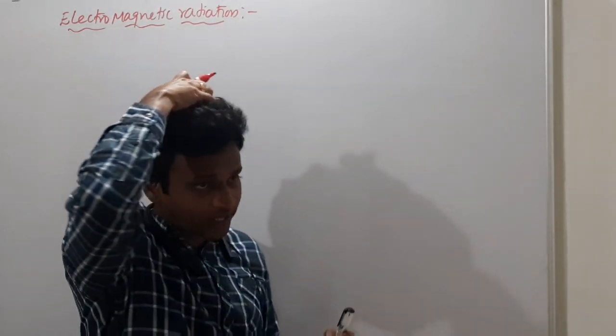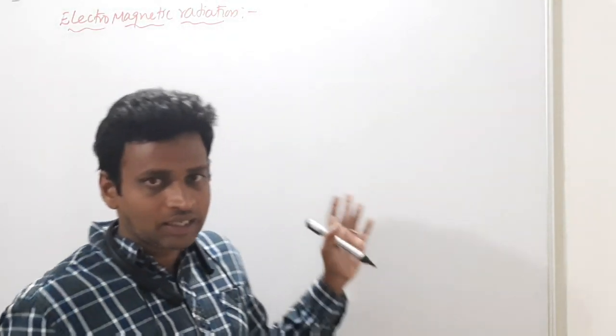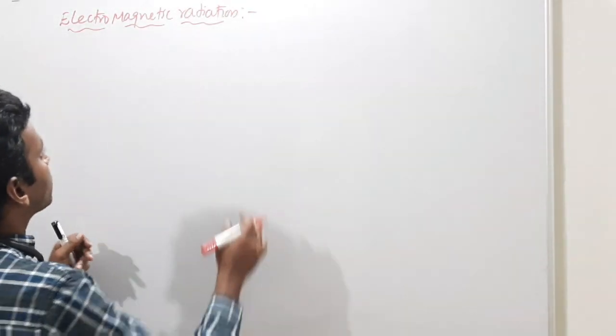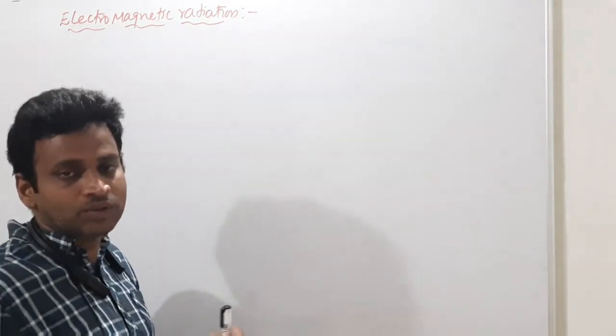So, atom, you have an idea now. Atoms consist of different electrons, protons and neutrons. What is atomic number I have given already, and what is mass number I have given. Do you know all those things? Atomic number, mass number, number of protons, number of neutrons, all I have given. If you want, I'll give you one more time, but later on. So electromagnetic radiation we have to discuss.